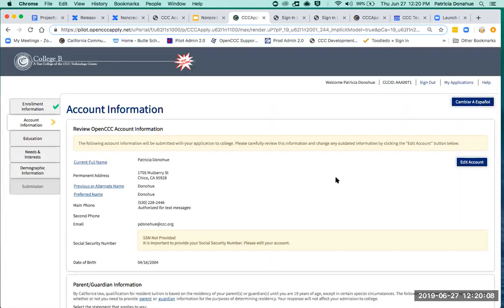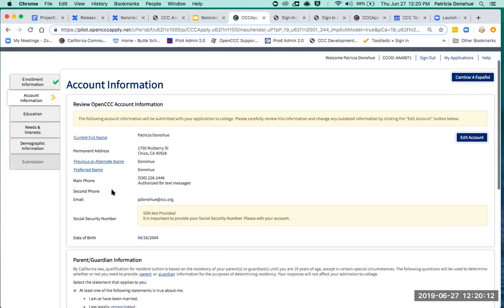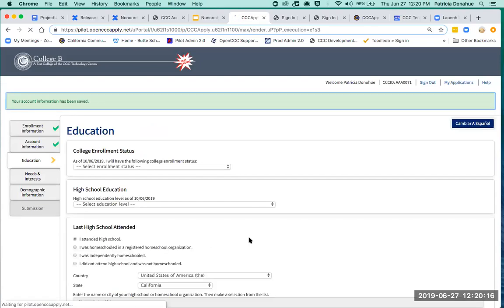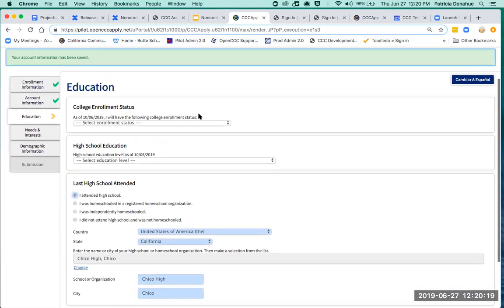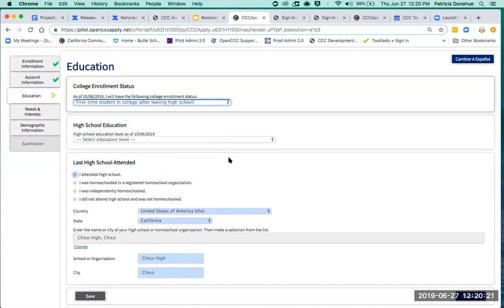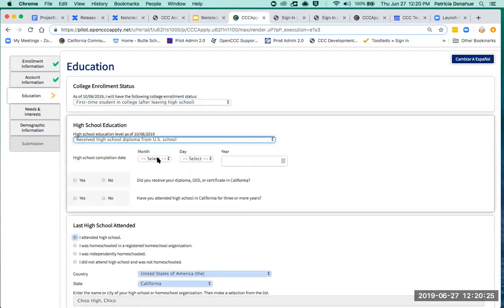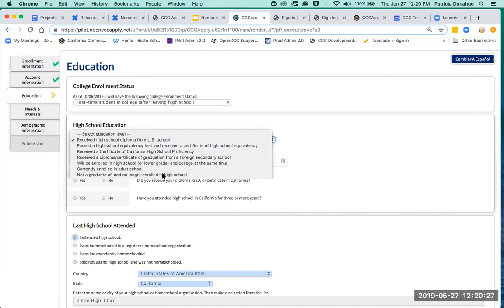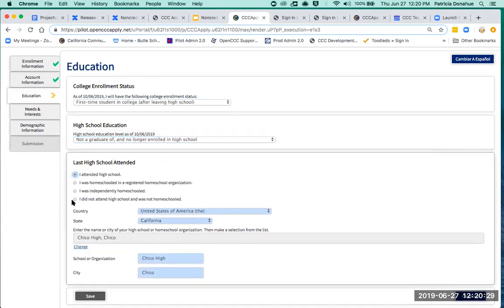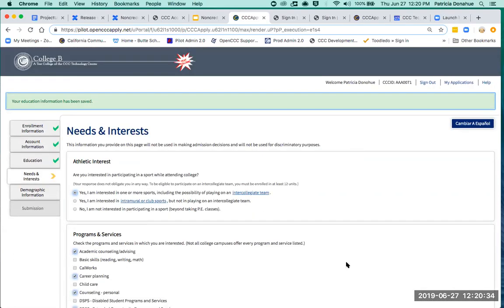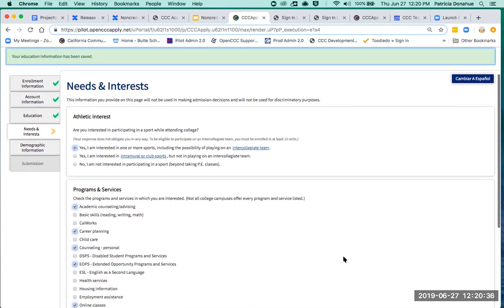Let's get in and I'll finish this application and then I'll take some questions because I see them coming in. Okay, let's get through this. Not sure why this timed out on me, guys. Just to take the happy path here, let's get to the next page. Okay, so the needs and interest page. I want